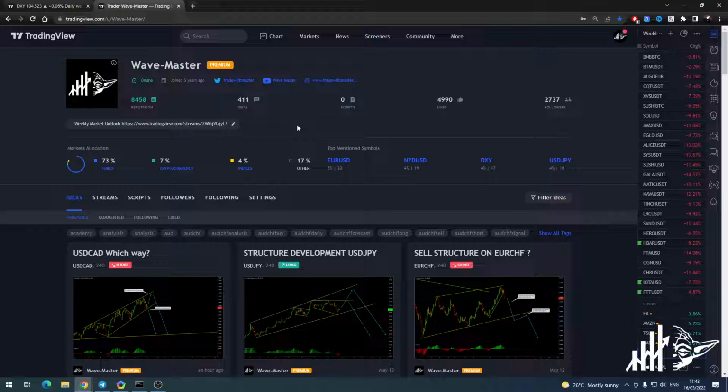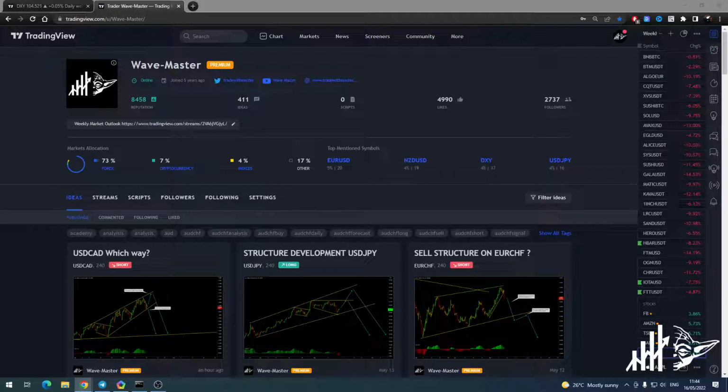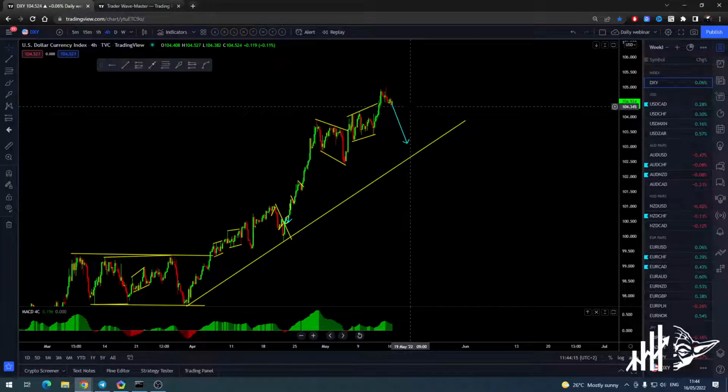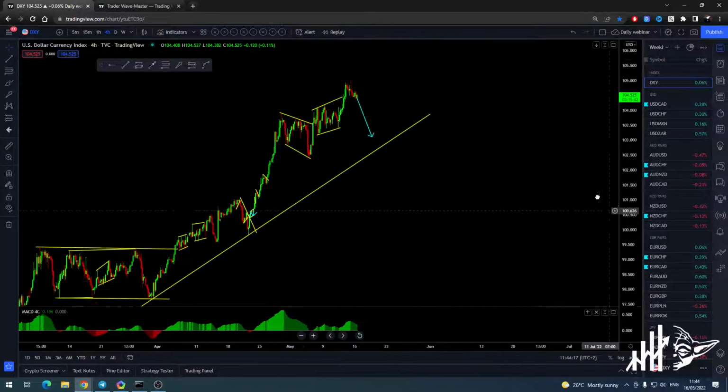And if you understand and if you learn wave analysis, you will be able to understand the market. You will know how it moves, why it moves, and so on. You won't need to read all those boring fundamentals. You won't need to watch for the fundamentals to be released or read all those news. Okay, so this is all the boring stuff. You don't need to do this based on this strategy that we use. Okay, so let's go. Let's start now with the setups that we are waiting for and expecting.